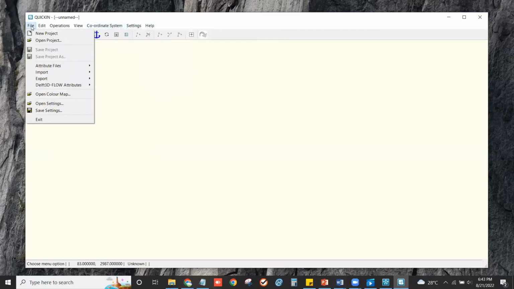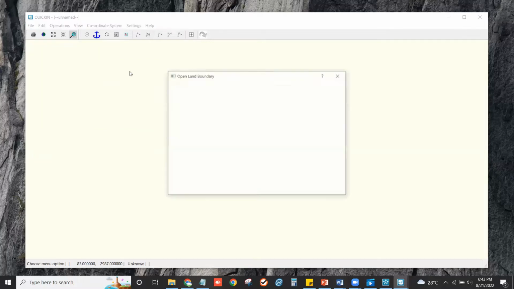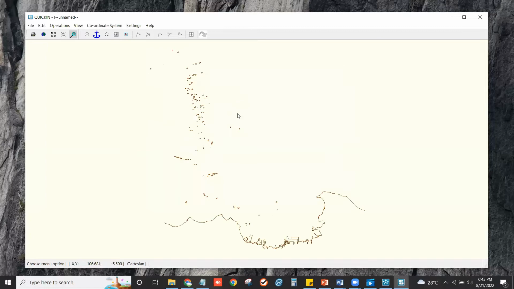In the first step, you can open attribute files. First, you can open land boundary. Okay, exercise land boundary, we can open this.